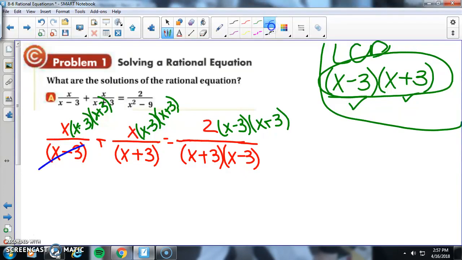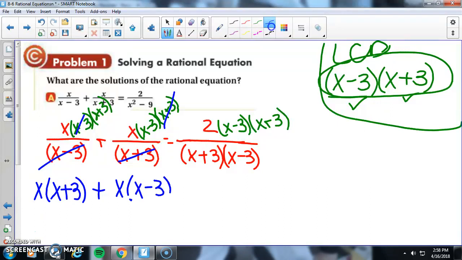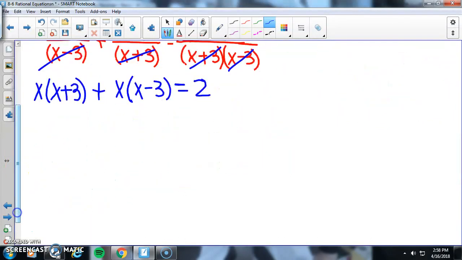So x minus 3 cancels with x minus 3, and we're left with x times x plus 3. X plus 3 cancels with x plus 3, plus x times x minus 3 is equal to, x minus 3 cancels with x minus 3, x plus 3 cancels with x plus 3, we are only left with 2. We solve this equation